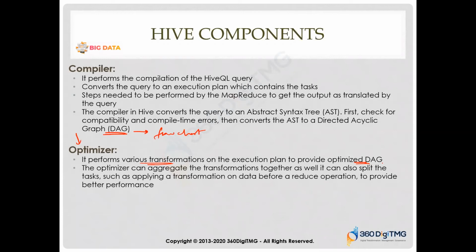Optimize basically means when you look at the flow chart, there might be stages where you can modify your code in such a way that it gives you the best result. The code becomes better, right? So it internally does that. Ultimately, the objective is it needs to give you better performance. So whatever Hive query you are writing, when it is getting converted into MapReduce and then goes for execution, the optimizer will come in and say, hey, this is the right way to do the code, don't do it that way. Okay? And then it converts into MapReduce jobs.